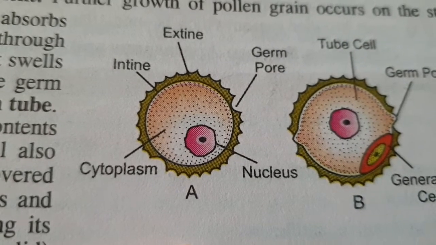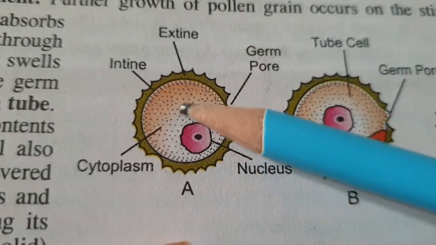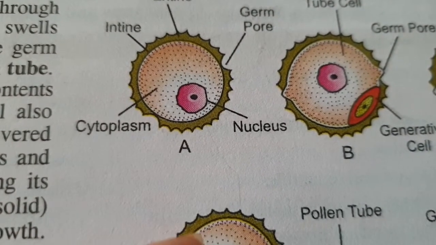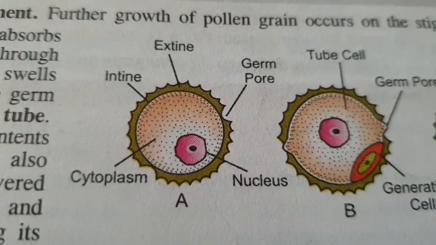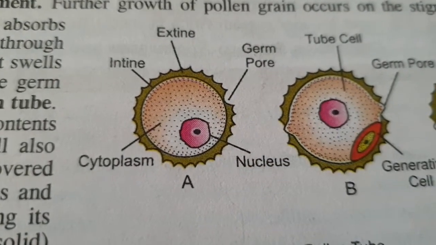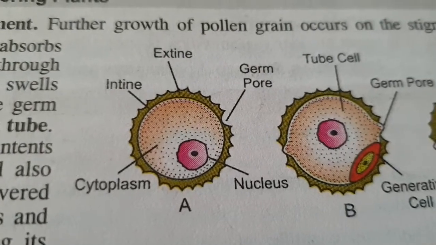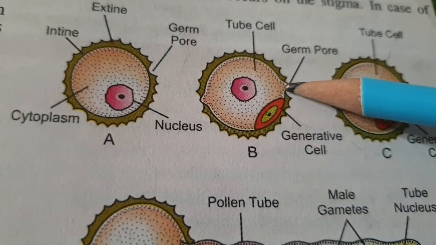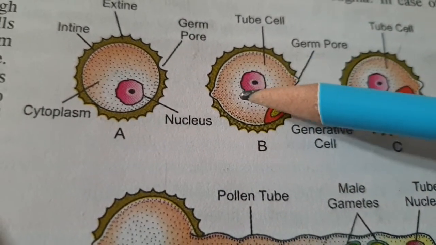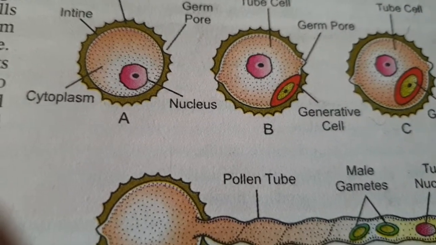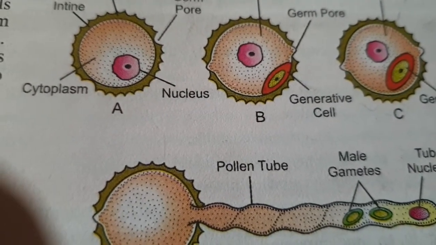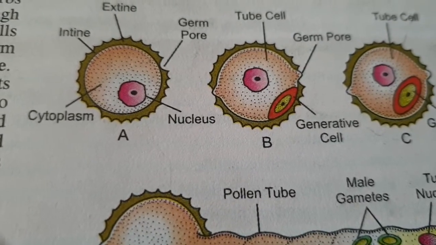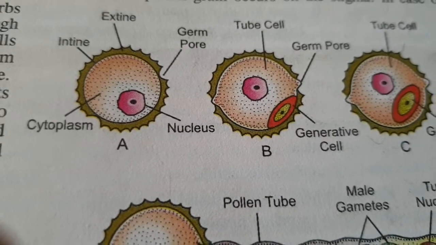Now while we are studying pollen, there is a branch of biology which deals with the study of pollen, and that particular branch is known as palynology. It helps us to study the various structures and details of the pollen grain. The number of germ pores may also vary in different types of pollen or plants. Sometimes it may have one germ pore, and then we call it monocolpate pollen, which we normally observe in monocots. Sometimes it may have three germ pores, and then it is known as tricolpate, which is observed in dicots.